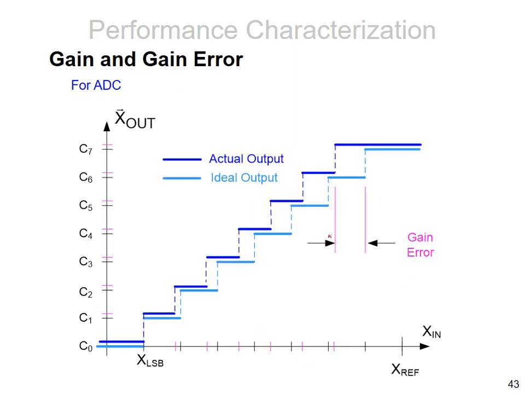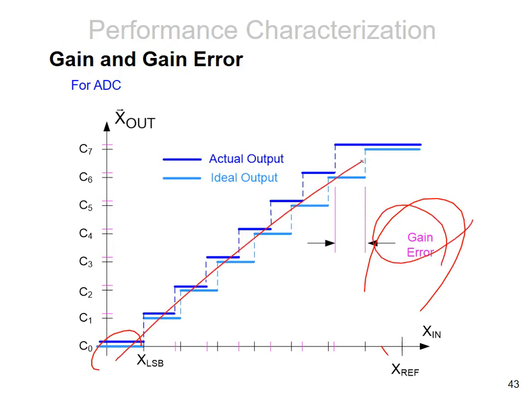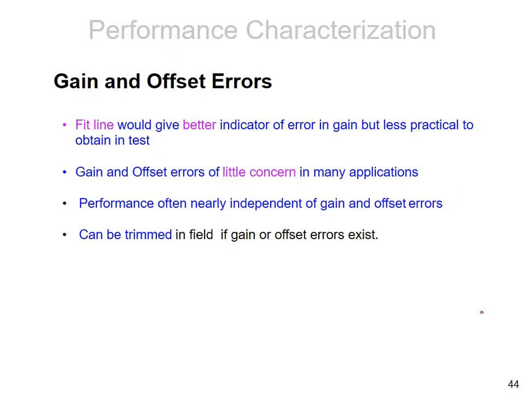And that is from the beginning. How about the end? We have the so-called gain error. The slope in theory should be 1 to 1, right? But if it is not 1 to 1, you will get gain error to the end. Again, not important at all for most of the applications.